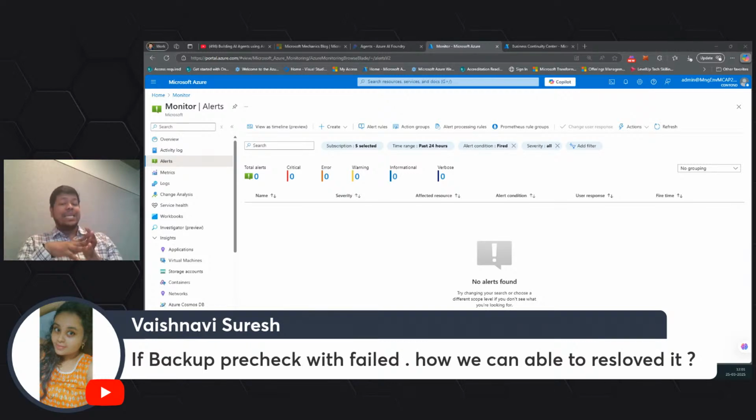If backup pre-check has failed, how can we resolve it? The pre-check on backup is defined by multiple parameters, such as whether the resource is configurable, whether there is an agent installed on it, and so on and so forth. If the pre-check has failed, just dig into